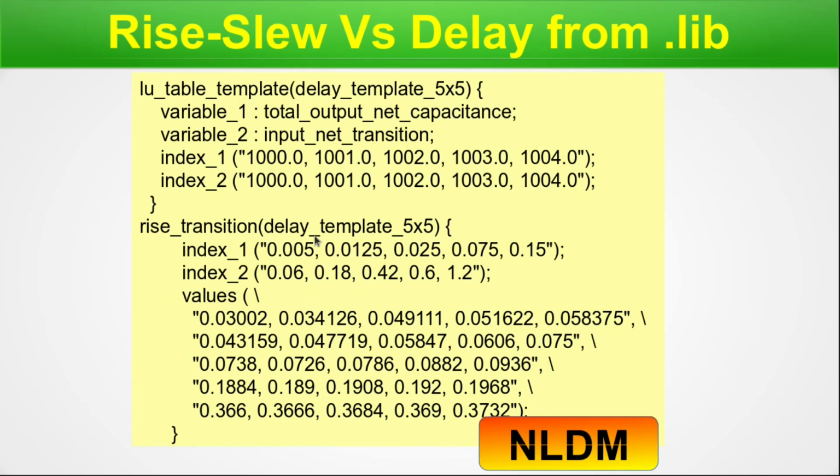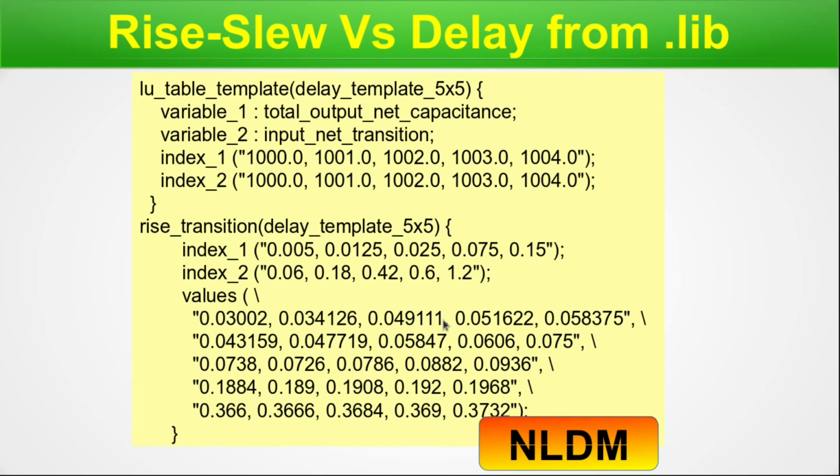And now the question is, if there is a value lying in between here, so index 1, so we have actual case, in actual simulation time, we have some values lying in between the first value and the second value, and there is another value which will be in between these and these values. So how to get that? The STA engine will use a numerical method called interpolation to find that value out.